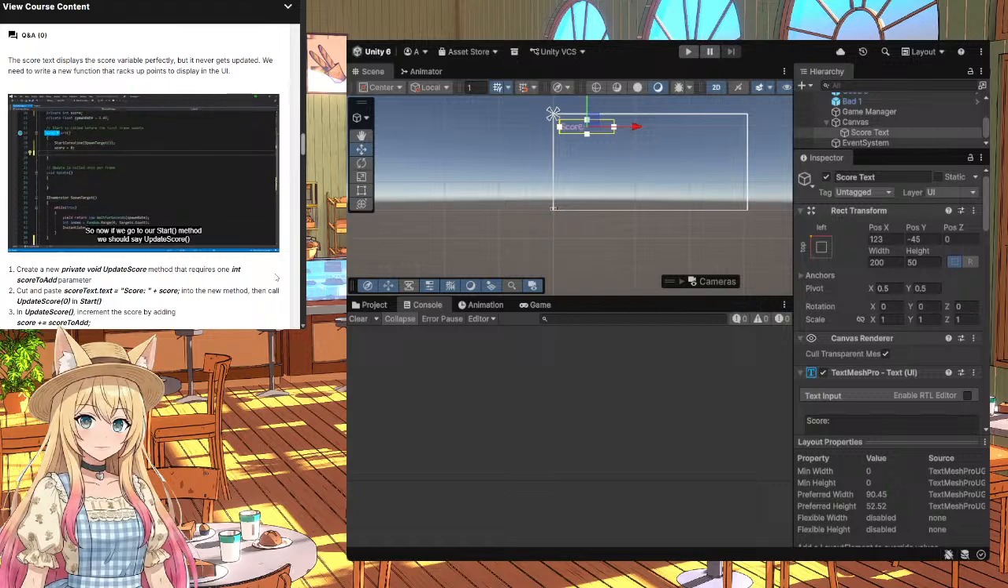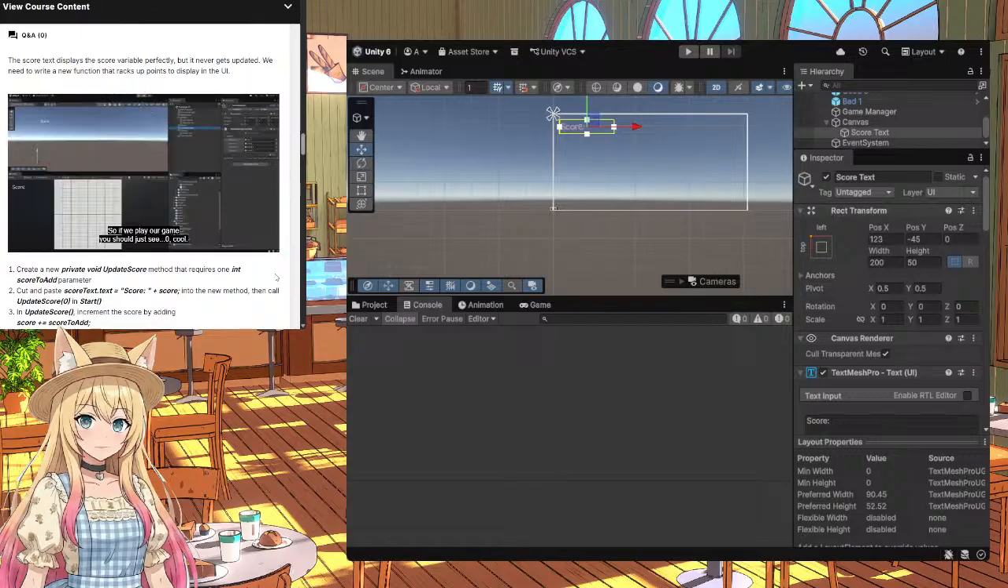So now if we go to our start method, we should say update score. And we're not adding anything because it's the first time it's running. So it should just tell us the score, which should just be 0 anyways. So if we play our game,